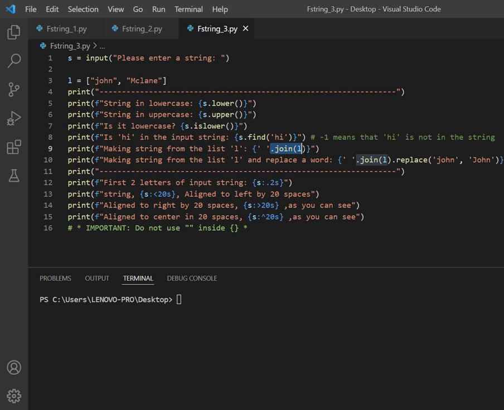And we can also use the join method here and join John and McLean together with one space to get John McLean. And we can use the same thing and replace john with a capital J, because it's a name, the first letter should be capital. The important thing